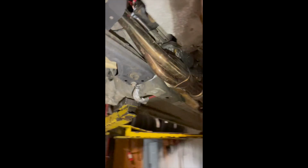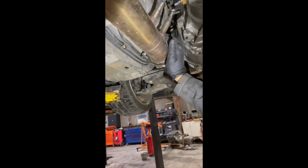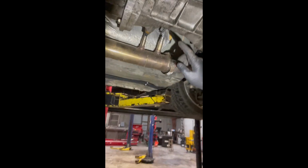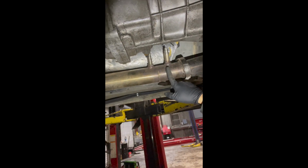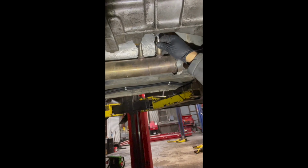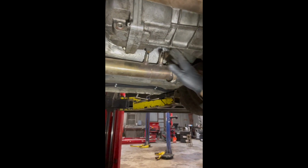So this is the bottom of our LS1 RX8 headers. They go to a V-band. You can see this car has been really low, so it's actually been getting hit on this V-band. And I'm running the oxygen sensors after the header into the, I don't know what you'd call it, I guess it'd be called a downpipe. So we have the regular oxygen sensor, and this has a wide band to watch the air to fuel ratio